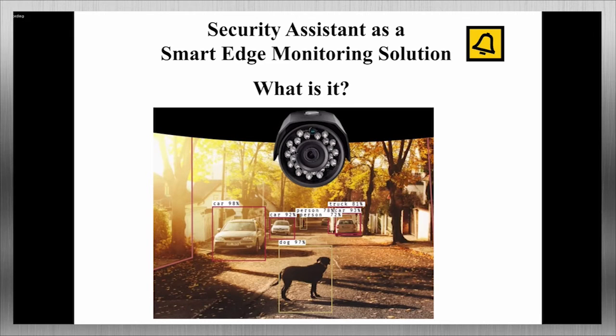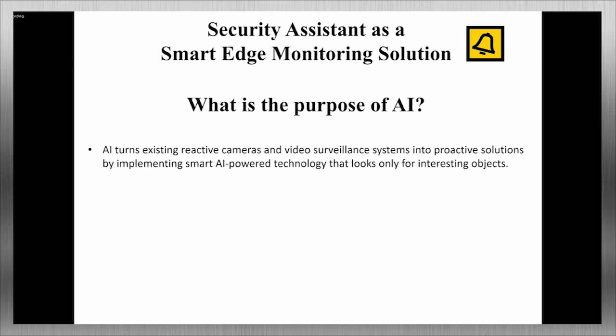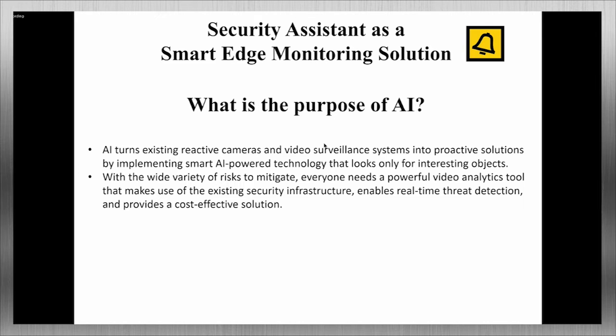Here we can see that it is a CCTV surveillance camera, but with artificial intelligence that can show us if it is a dog or a person or a car or a truck or whatever. So we have to see what the purpose of artificial intelligence is. It can turn existing reactive cameras and video surveillance systems into proactive solutions by implementing smart AI-powered technology that looks only for interesting objects. So we will not look at an empty screen where nothing is happening, but only at what is interesting for us, because